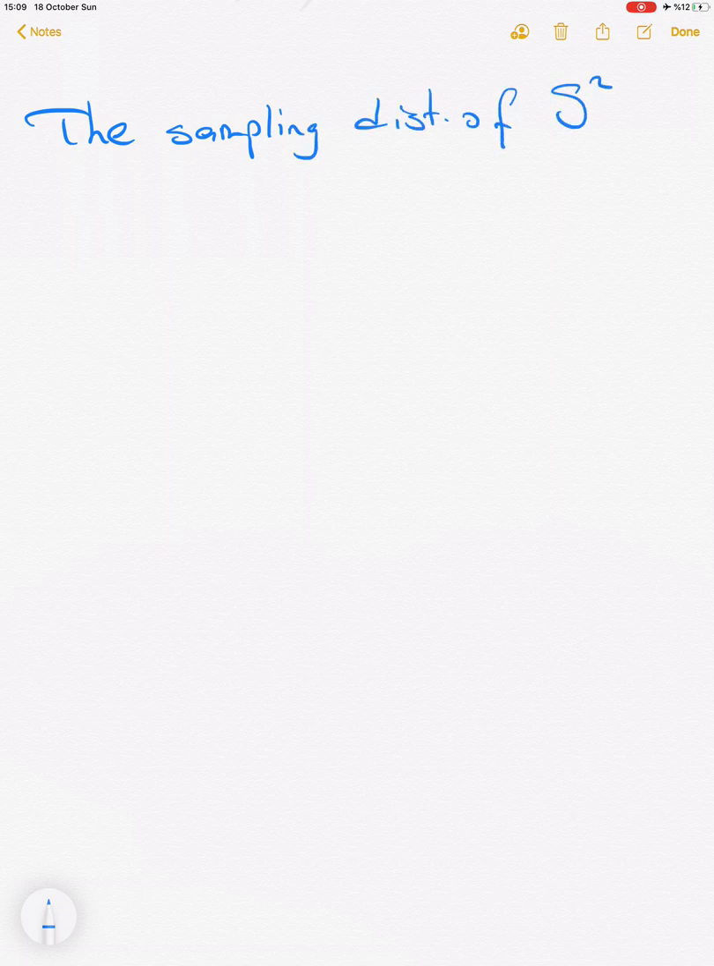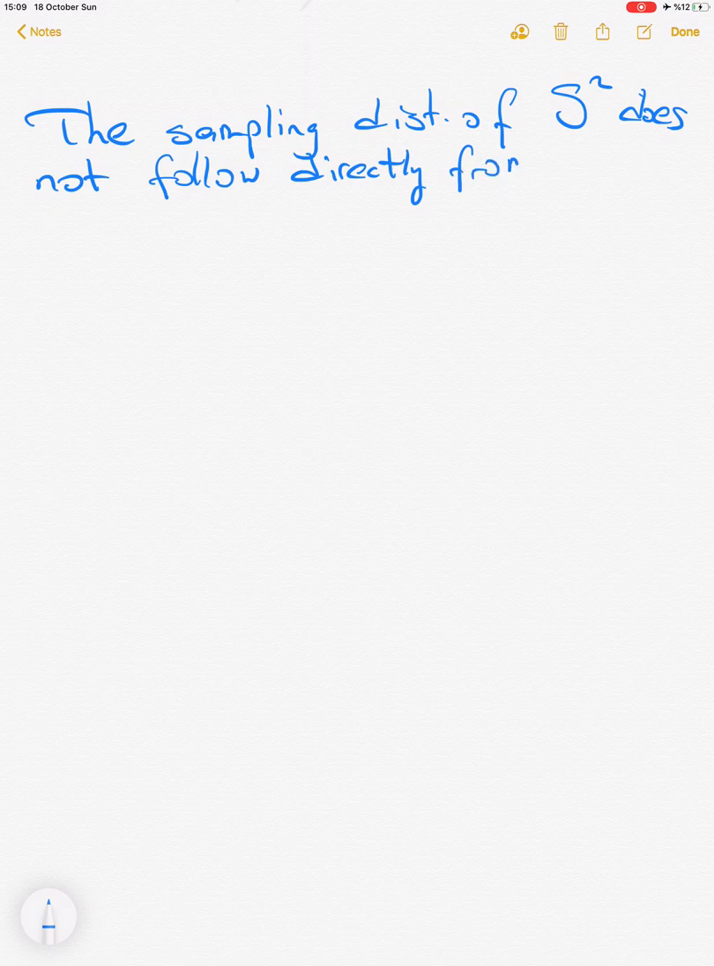Okay, guys, so let's continue with some other theorems related to the sample variance, sigma s squared. Actually, we cannot directly use the above theorems related to the sampling distribution of s squared. So the sampling distribution of capital S squared does not follow directly from the above theorem,